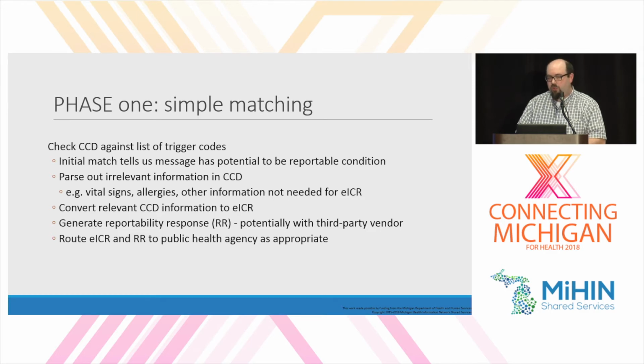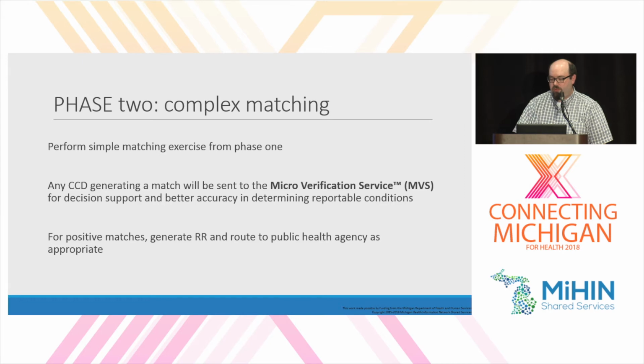And we wouldn't be able to detect that out of the simple matching of just the ICD-10 codes unless they happen to have those in there as well. So what we'd be looking for is the secondary match, the complex matching that would be done off of a verification system, which would work like the RCKMS, or if the RCKMS was available for us to send in to have it evaluated, that could be done there as well. That secondary support would make weeding out cases that didn't fit all of the symptoms needed a lot easier, therefore lessening the burden on public health.